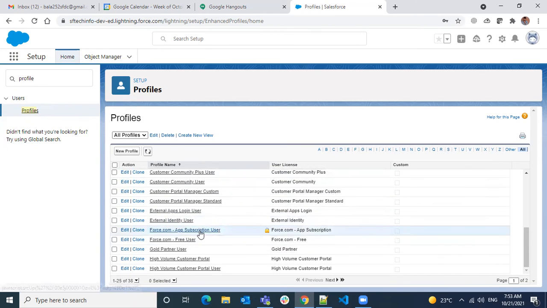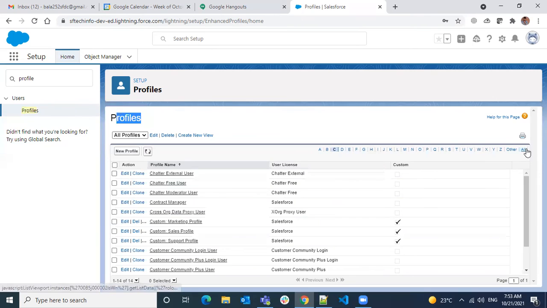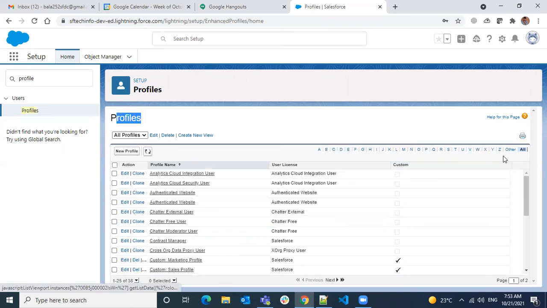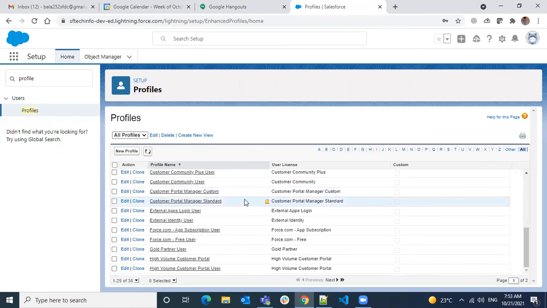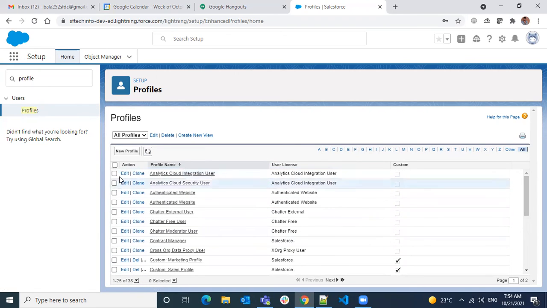If you feel something is missing, make sure you have always selected All. If you select any letter, it will show only the items starting with it. Now we are seeing profiles, right? If I click on C, you don't see any other letters; you see only profiles starting with C. So when you're looking for everything, make sure you selected All. By default, it will be All. If there are more records, you don't need to scroll and search. You can simply filter using these letters.